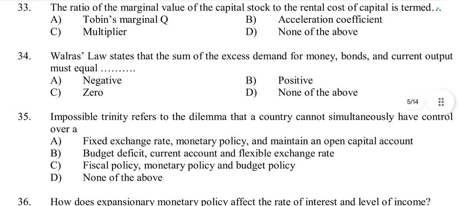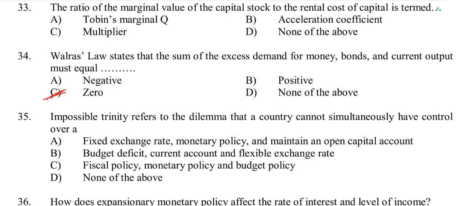Then question number 34, Walras' law states that the sum of the excess demand for money, bonds, and current output must equal negative, positive, zero. So according to Walras' law, the sum of the excess demand for money, bonds, and current output must be equal to 0, because Walras' law states that in an economy with multiple markets, the total excess demand across all markets must equal